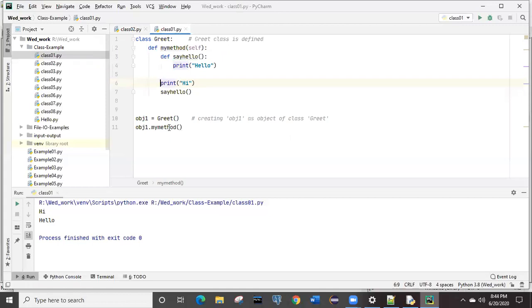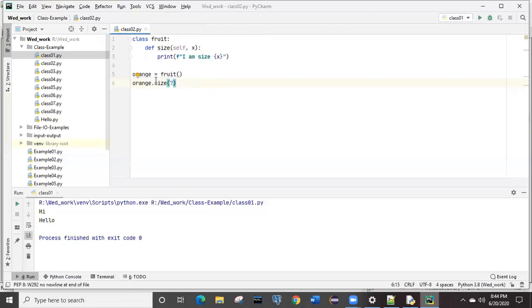Because here if you see, my method is directly called and it directly executes print hi. But in the same way, I have created an object of that particular class, and with that object we are calling a particular function which will always expect one argument. This self comes by default as the argument, but after self we want to add one more argument. That again depends upon your choice, what argument you want to pass and what you want to do based on that argument. Got it?